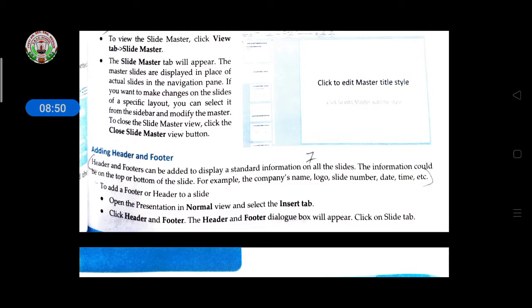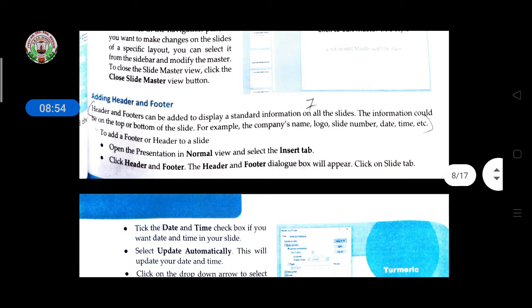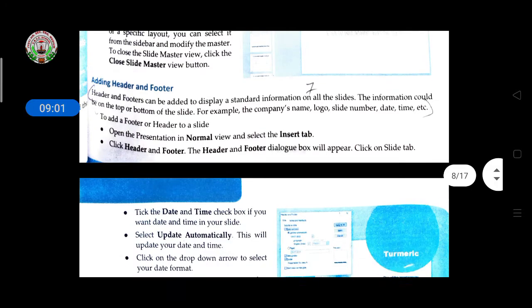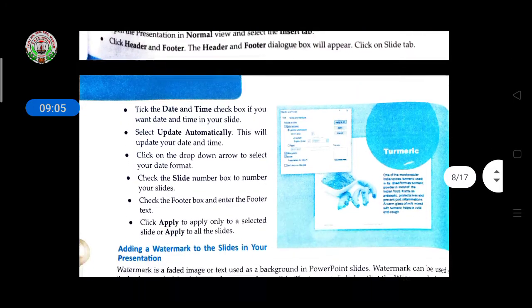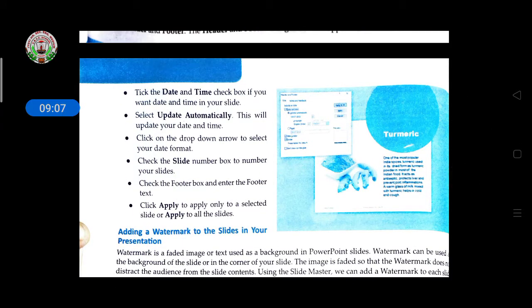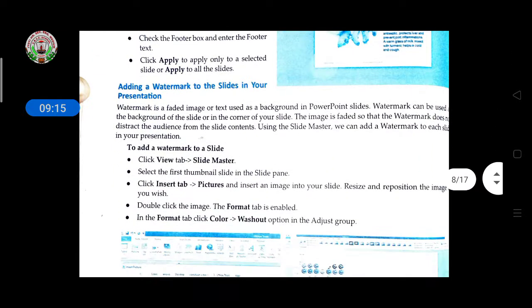Adding header and footer means if you want to add a header and footer. Header means heading, and footer means at the last, if you are giving any note message or time message or inserting a page number, you are able to give it with the help of the footer. And if you want to give the date and time in the footer, then it will also change automatically according to the update of your system.